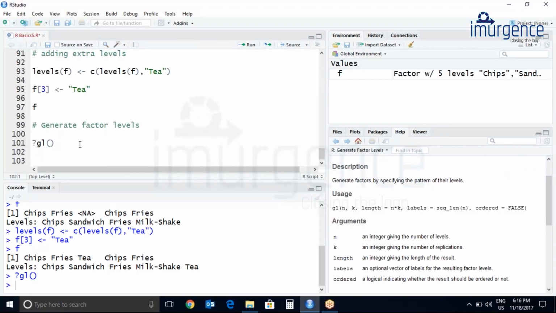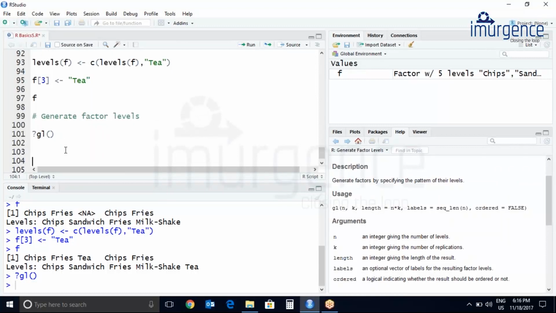Let's just create some g by using the gl function. So let's put the integer giving the number of levels. Let me put the number of levels as 4 and the number of replicas as 5, and again I'll put the labels equal to c.